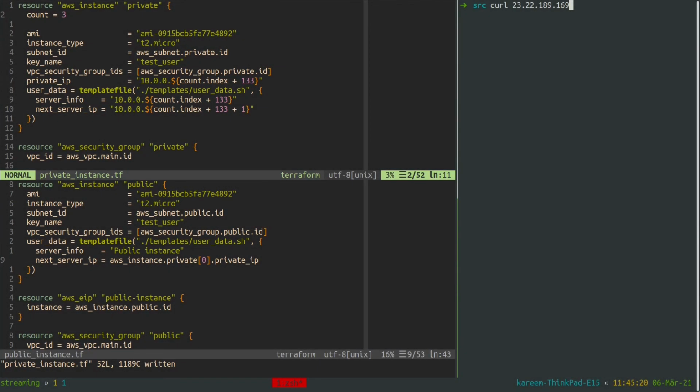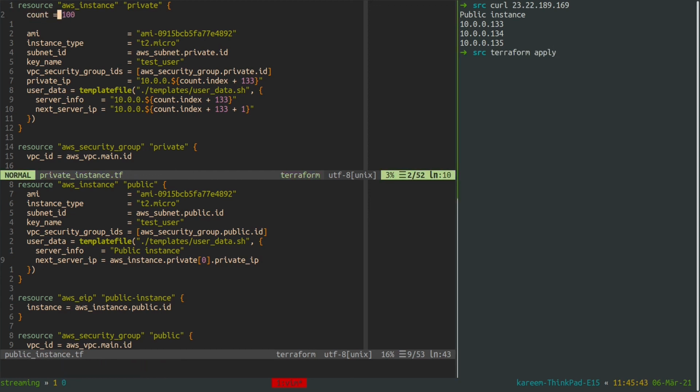So after it finished and our instances are booted, if I make a request to my public EC2 instance, I should get a response from the 3 private instances as well as our public instance. So right now I'm going to change this value to be 100, and I believe it should work. I have never tried this before.